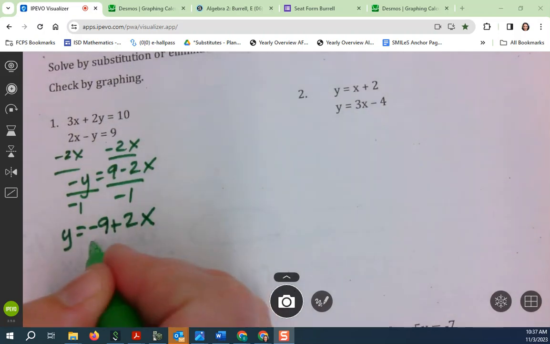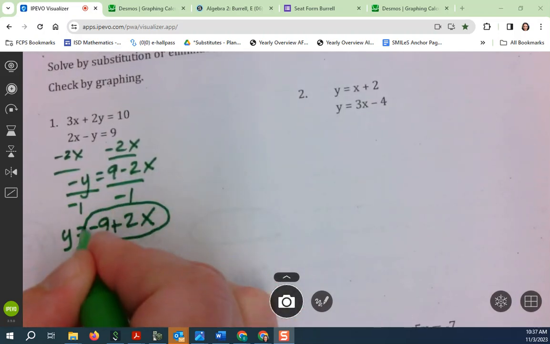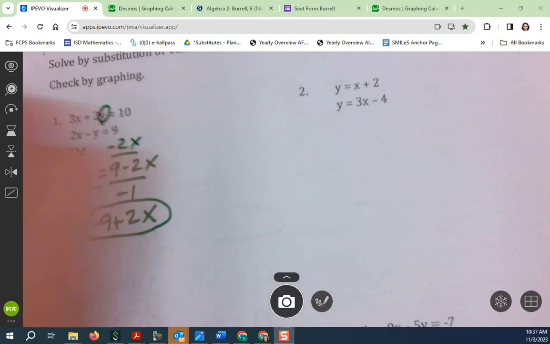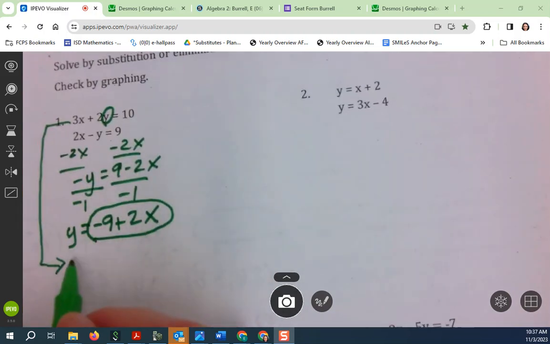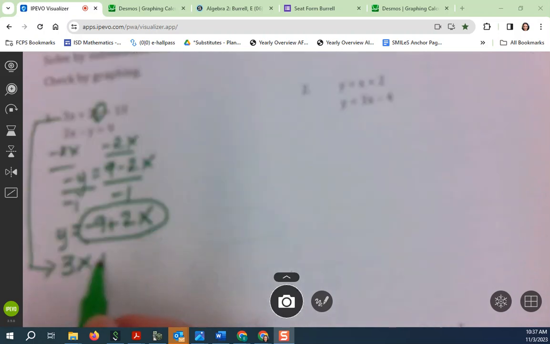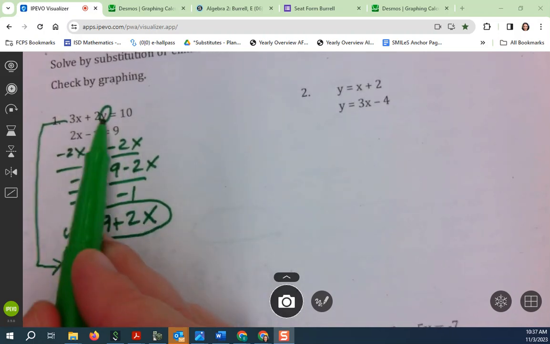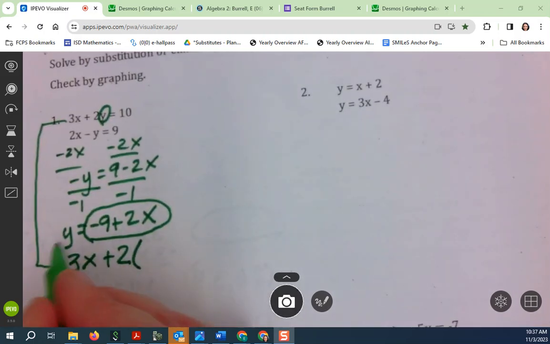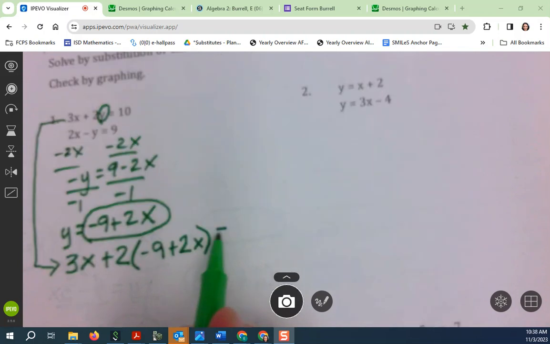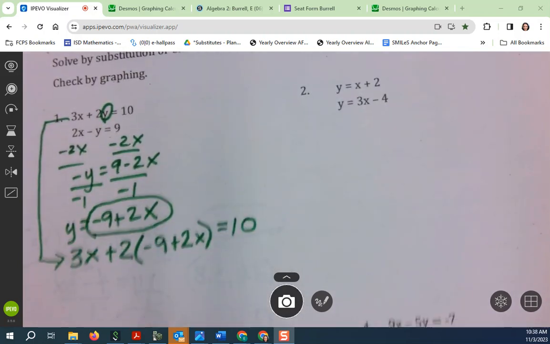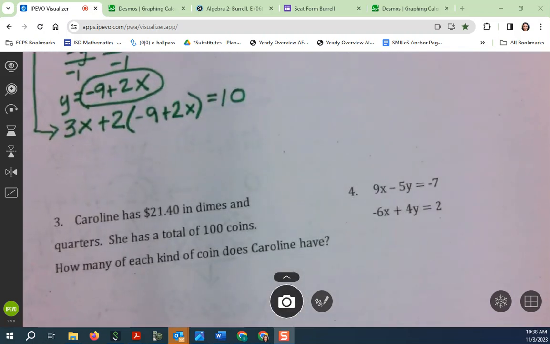And then you would substitute this for y in the first equation. So bringing my first equation down, I would have 3x plus 2. Don't put the y, instead you put what y equals, negative 9 plus 2x, and then equals 10. So then it's just a little bit of